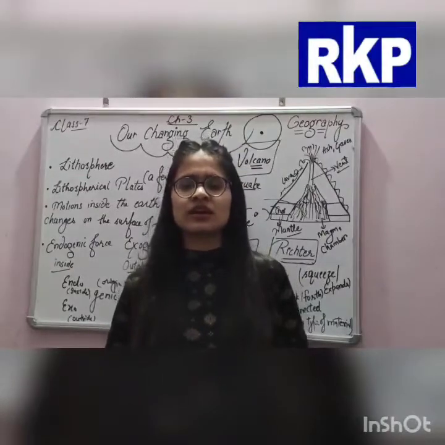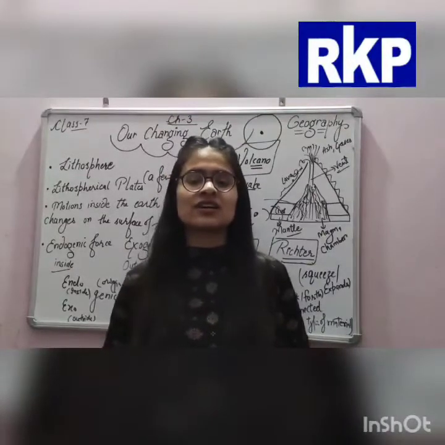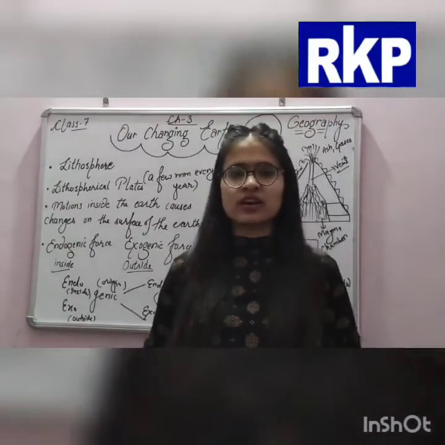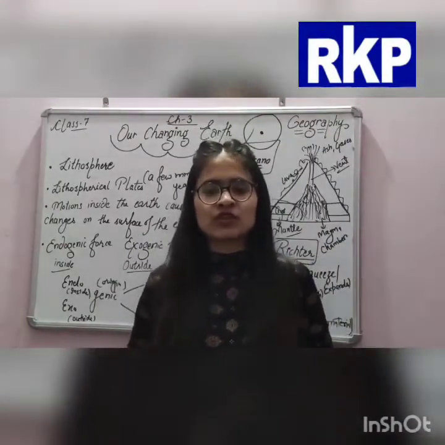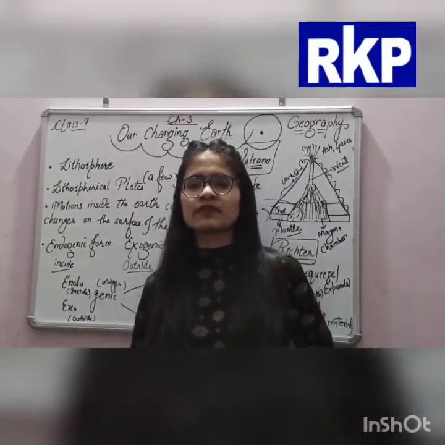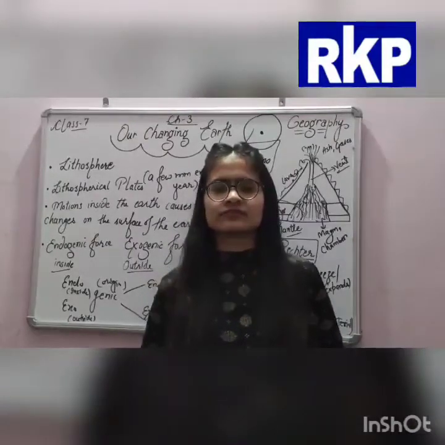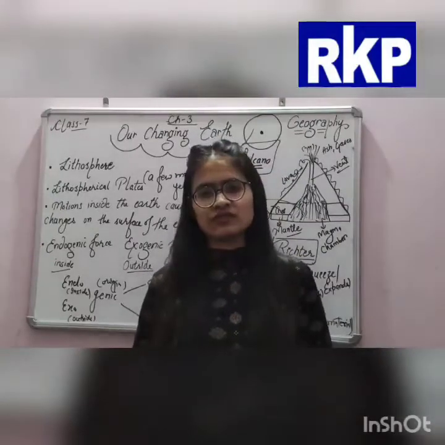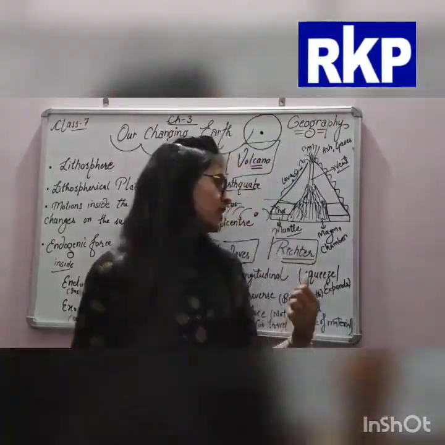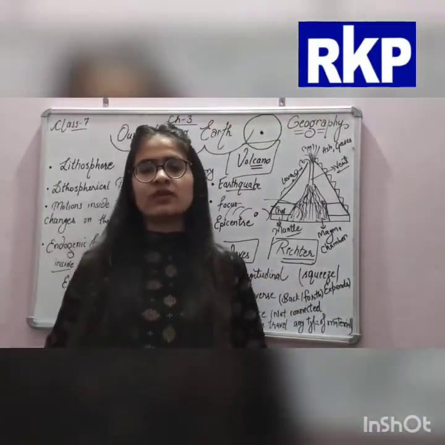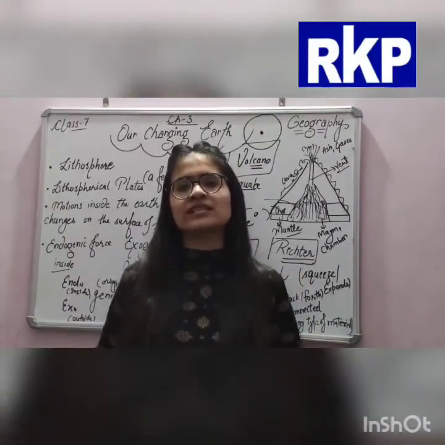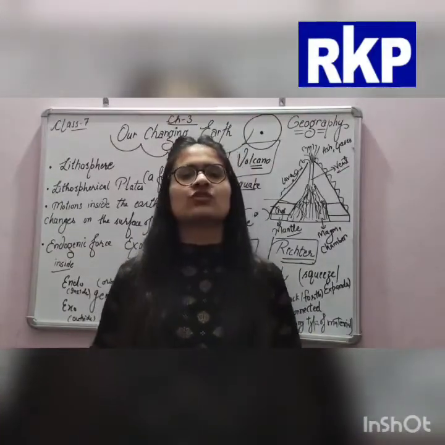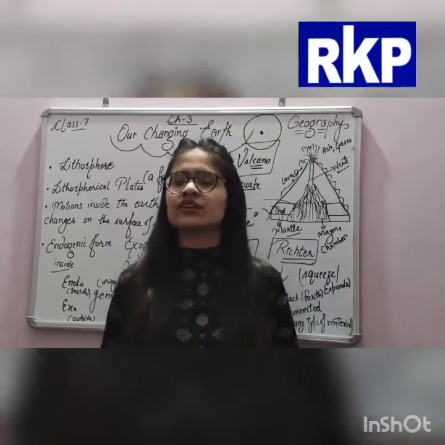Third question is, how does an earthquake occur? And fourth question is, write the types of earthquake waves. Write the types of earthquake waves and write 1 to 2 lines about each wave. Okay, I hope this is clear to you all. You have to write their answers and send them in your classwork group.